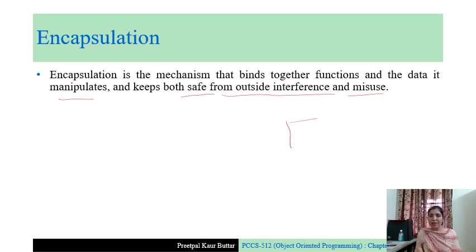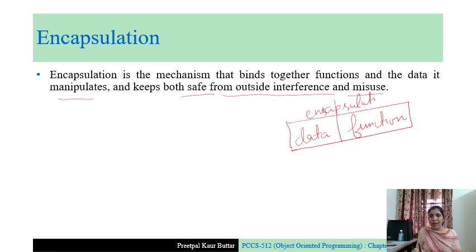In the previous lecture, we discussed that an object binds together the data and the functions which operate on that data. This property of the object binding the data and the functions together is called encapsulation.